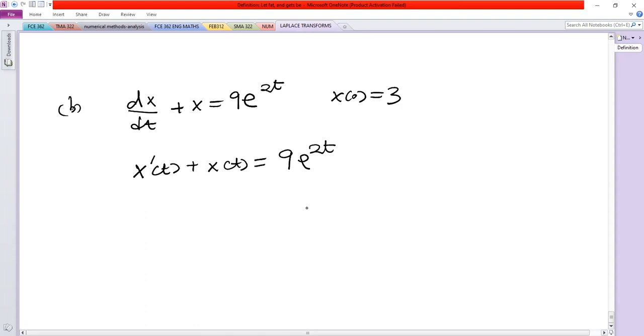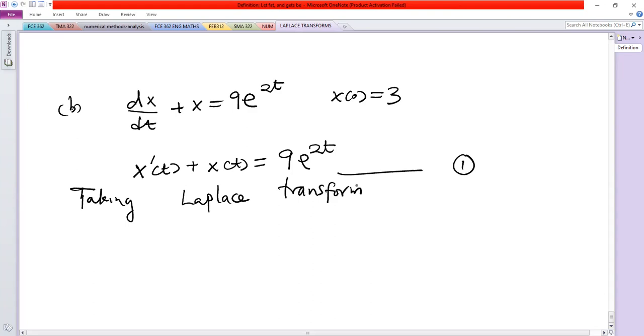And so if I call this equation 1, then taking the Laplace transform of both sides of equation 1,